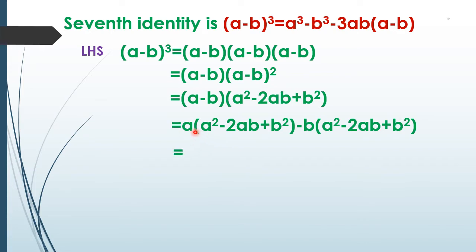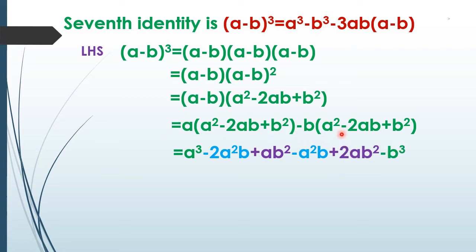A into minus 2ab is minus 2a square b, plus a into b square is ab square, minus b into a square is a square b. Here minus minus becomes plus. Minus b into minus 2ab is plus 2ab square, minus b into plus b square is minus b cube. That is equal to a cube minus 2a square b plus ab square minus a square b plus 2ab square